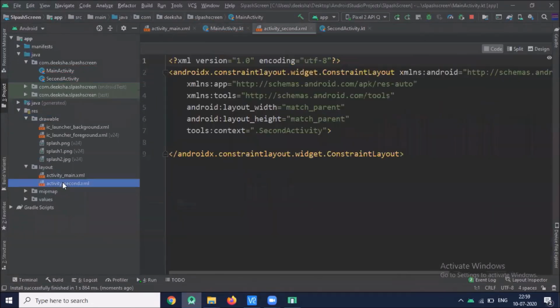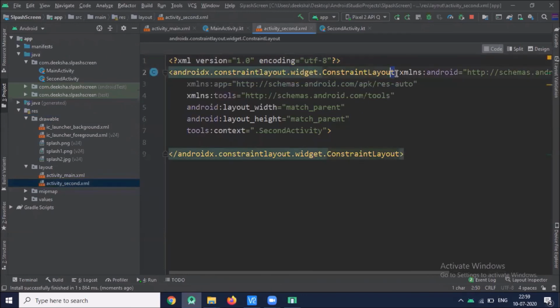Now click on activity_second. Here we add one text view.